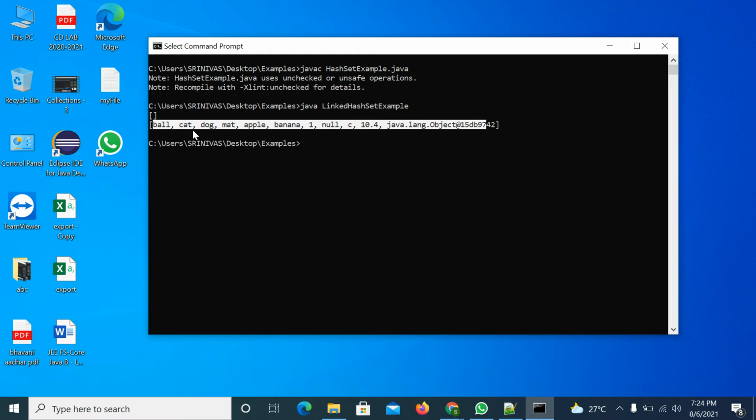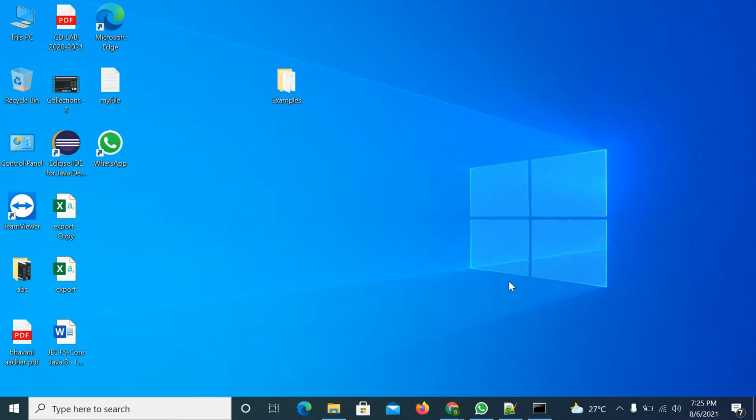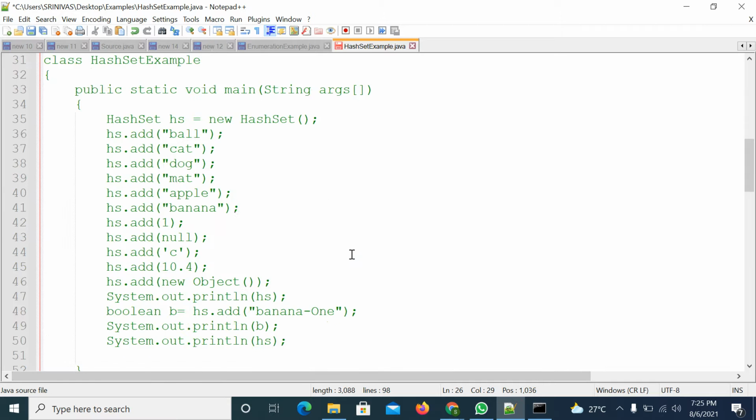One more interface is there, the Comparator interface. By using the Comparator interface, you can mention in which order you want to arrange the elements, either ascending or descending order. If objects are there, you can mention in your own way. So sorting order means we will learn first by default either ascending or descending order. If you take numbers, either ascending or descending. If you take strings, maybe dictionary order or reverse dictionary order. We'll see with those. So next one, that is SortedSet.